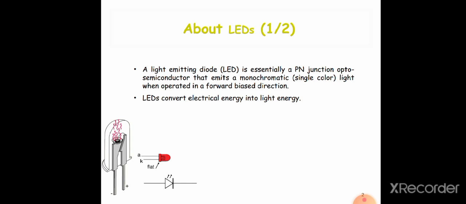Now it is also a PN junction diode. The construction inside it is also done with the help of P and N type semiconductor, and it has the capability to emit light when it is forward biased. If you see the notes provided to you, whenever we connect the LED in forward biasing, that means the positive supply of the battery is connected to the anode of the diode, and the negative supply of the battery is connected to the cathode of the diode. Then we say the LED is in forward bias. So when we increase the voltage across the LED, it starts emitting light.